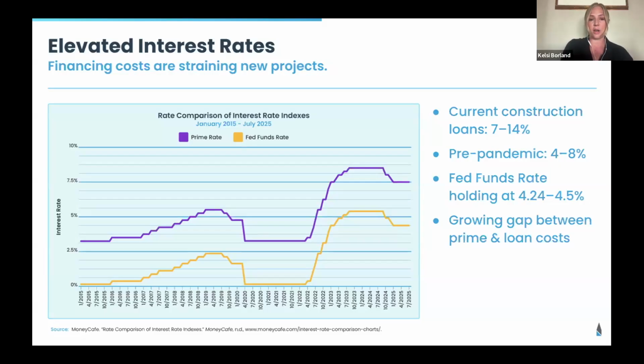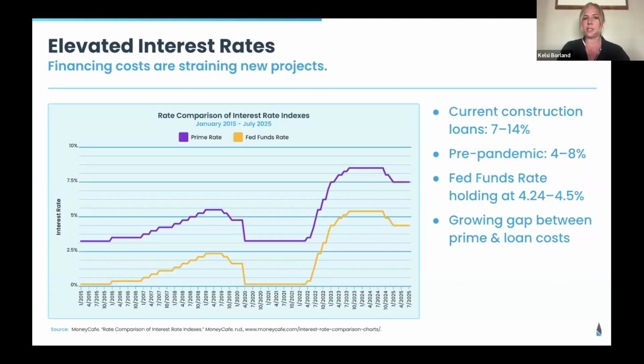I have this chart here because the prime rate always tracks the Fed funds rate. You can see here since 2015 how those rates have tracked together. And the prime rate always sets the baseline rate for borrowing costs. There was a little dip at the end of 2024, but we still continue to see elevated interest rates in the market. There are some expectations that rates might come down at the September meeting if the Fed adjusts rates,